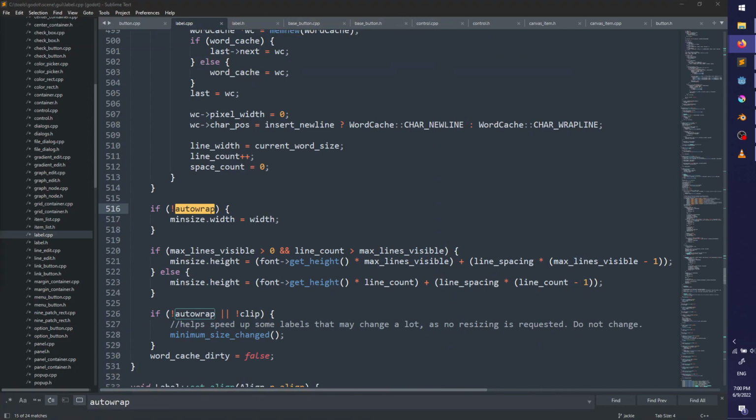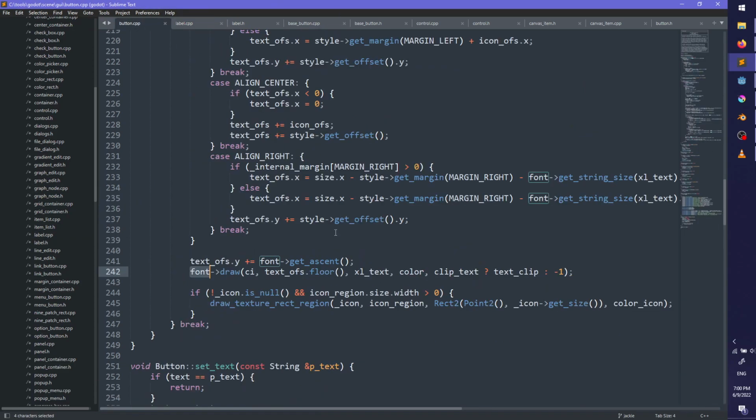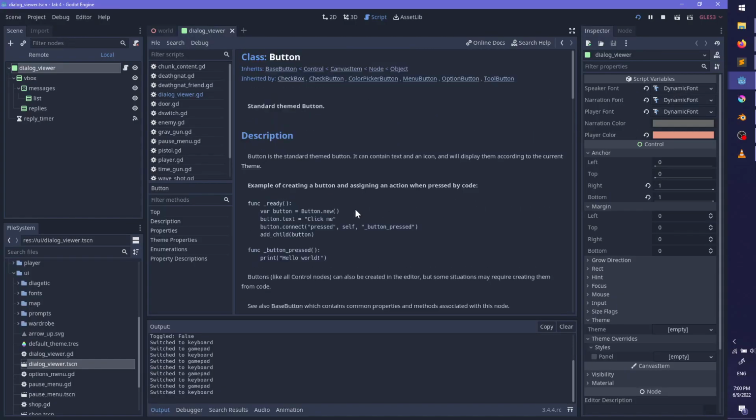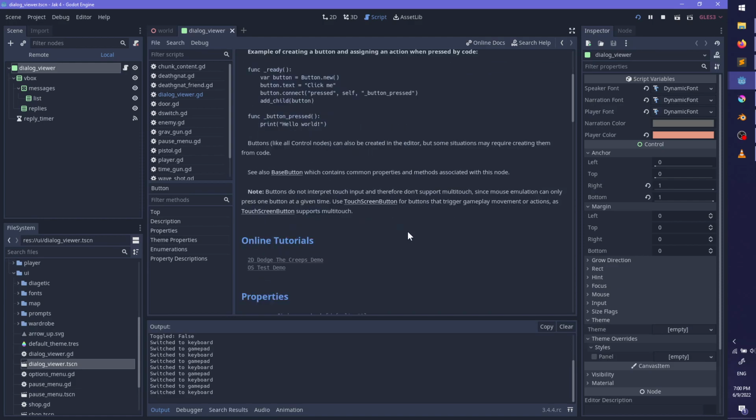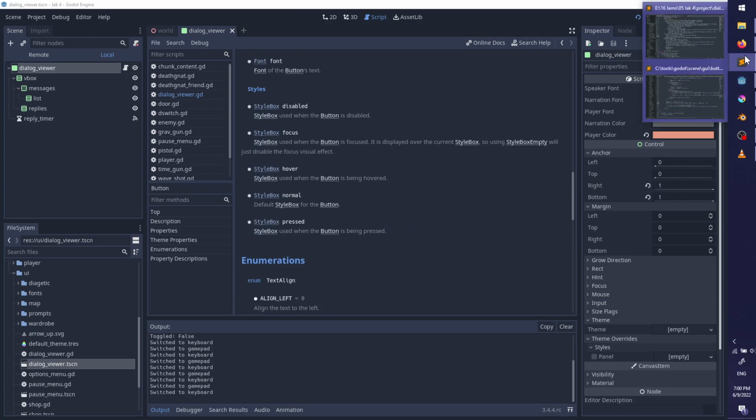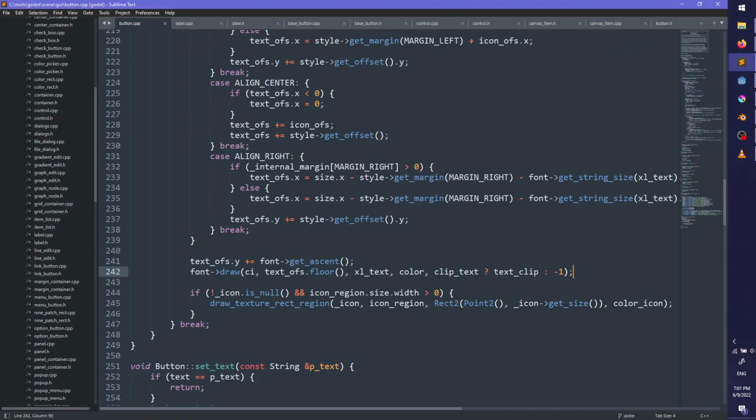Like, if the button just doesn't support anything other than this hard-coded font drawing thing, this ultra sucks.